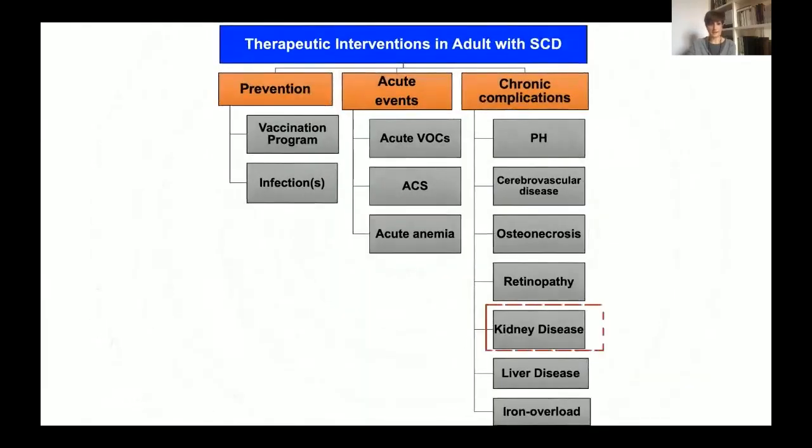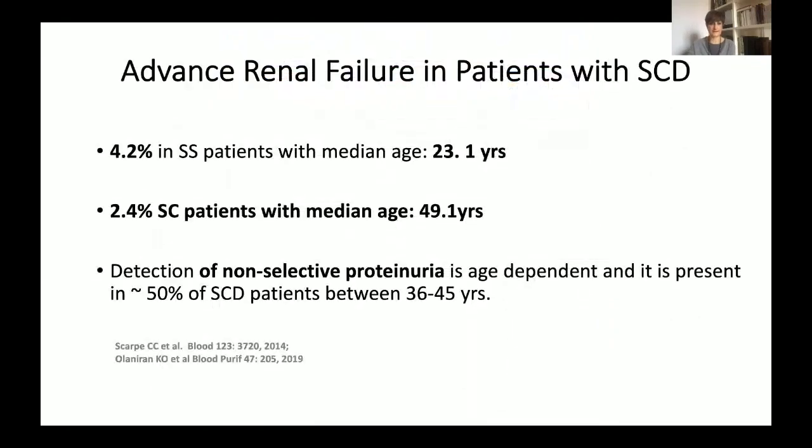What about kidney disease, which is definitely coming out as one of the major long-term complications related to sickle cell disease? When we look at advanced renal failure in patients with sickle cell disease, the distribution is definitely affected by the genotype. As you see here, 4.2% of SS patients develop advanced renal failure at the age of 23 years, and 2.4% of SC patients at the age of 49 years. This is very important because it highlights that SC may be considered a sort of protective factor